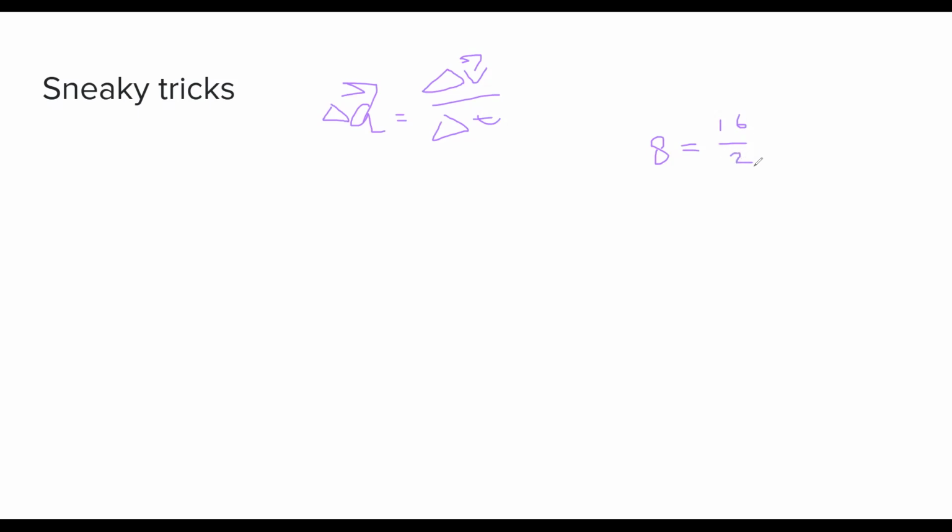So let's say, all right, if we wanted to solve for time, that's 2. So what is 2 relating to these numbers? 2 equals 16 divided by 8. So that means time is going to be change in velocity divided by change in acceleration. So you can do things like that. That at least works for me.